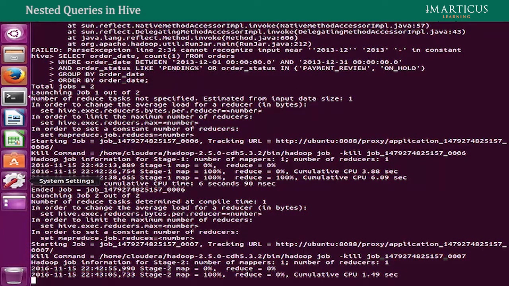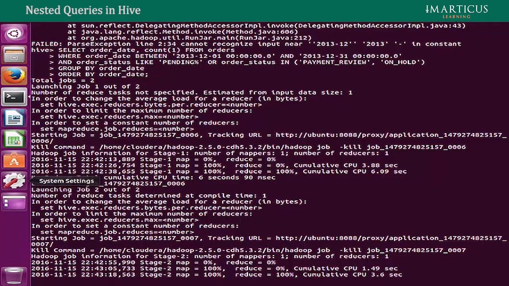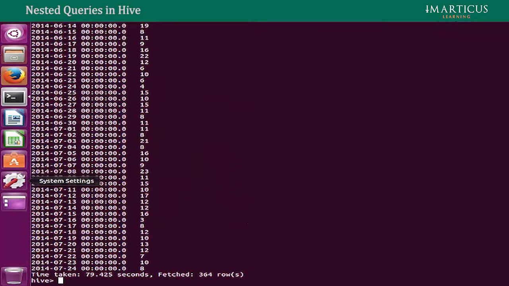Now here, what happens when it goes to the first query where it says where the rate between, so it will count all the payments and the orders from 1st of December to 31st of December. The second operator says and it will give us the results which are in pending or in payment review or on hold. Now if you see, the output is not correct for us, because the output says 2014 results, whereas we have requested for the orders which are from 1st of December to 31st